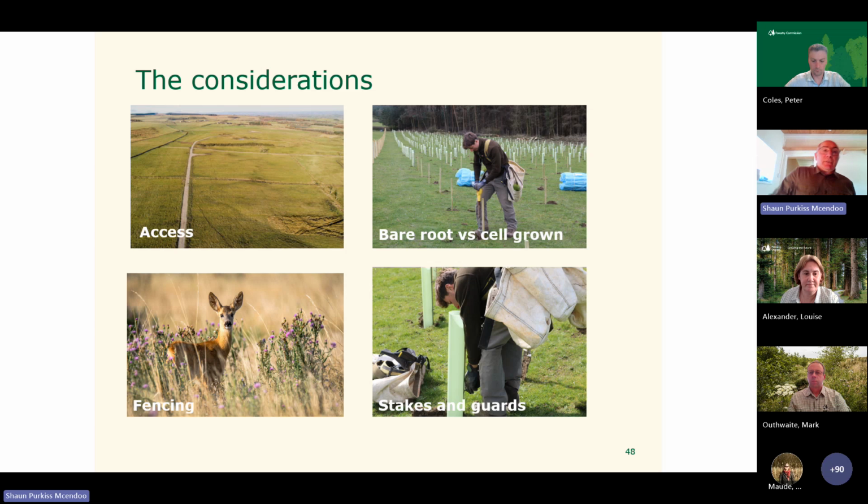We have also considered in the last couple of years marking the site out with the stakes before the winter.